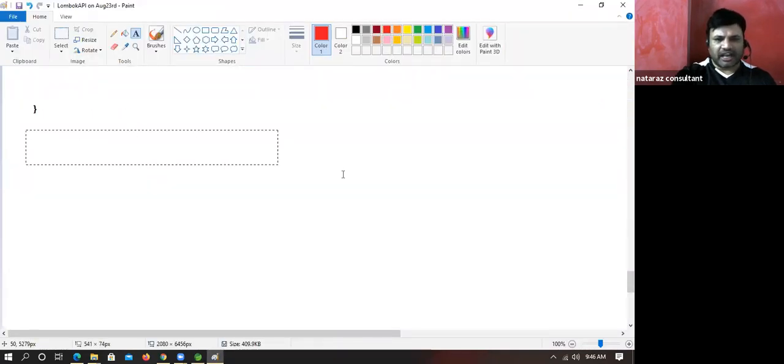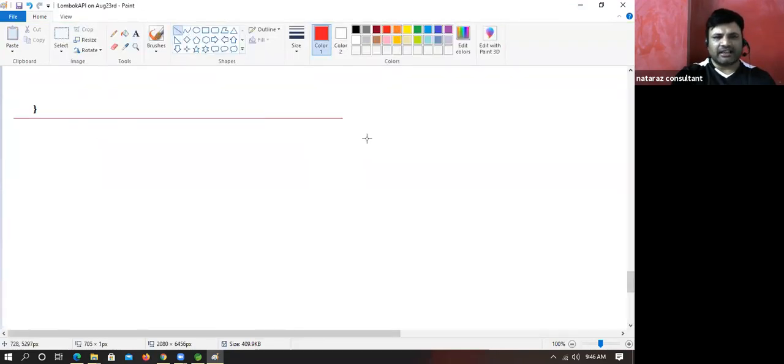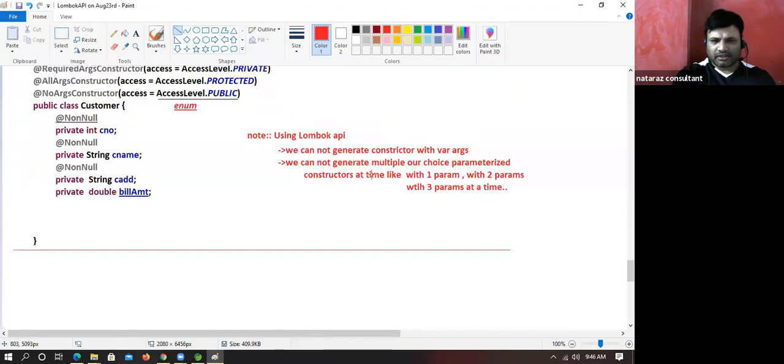Next, one more annotation is there, the @Data annotation. Someone asks, can we generate a vararg constructor also? See the meaning here, we cannot generate a constructor with varargs. Please be in the classroom.